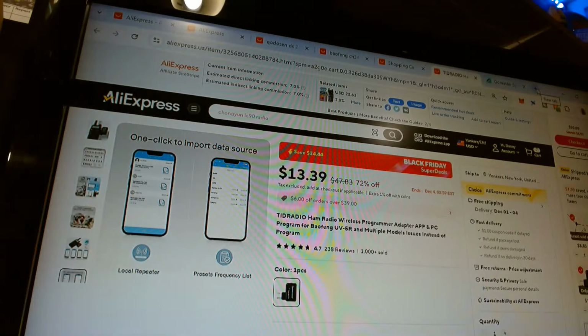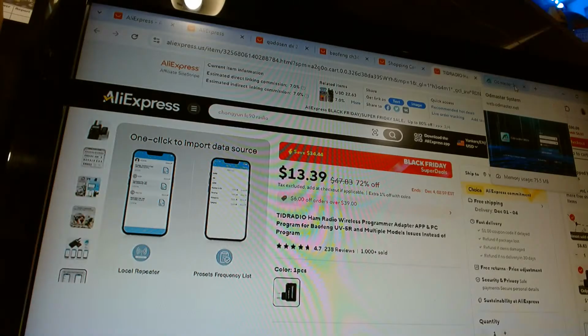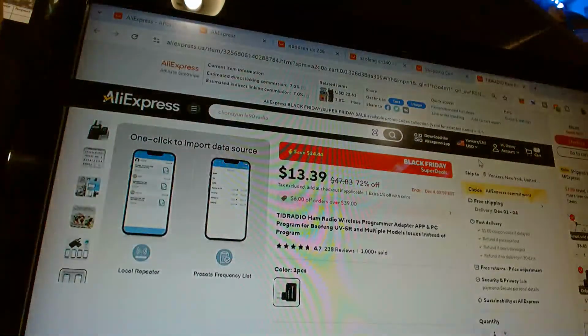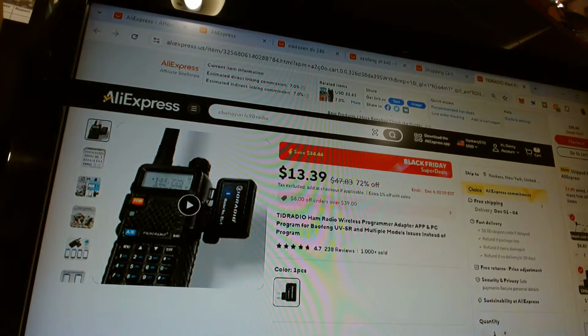Let me see. Because the SH database is on, they said the K6. It's the same model. If you look at the Baofeng K6, it's the same exact radio. Let me do it over here. K6.